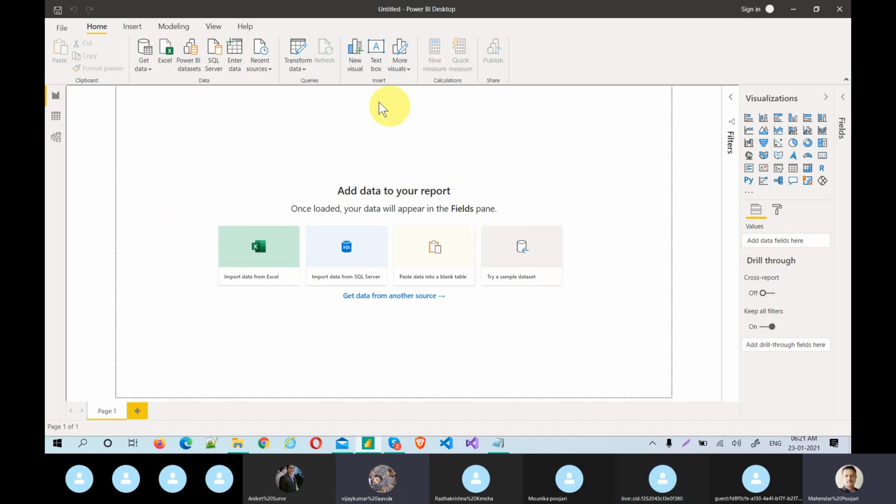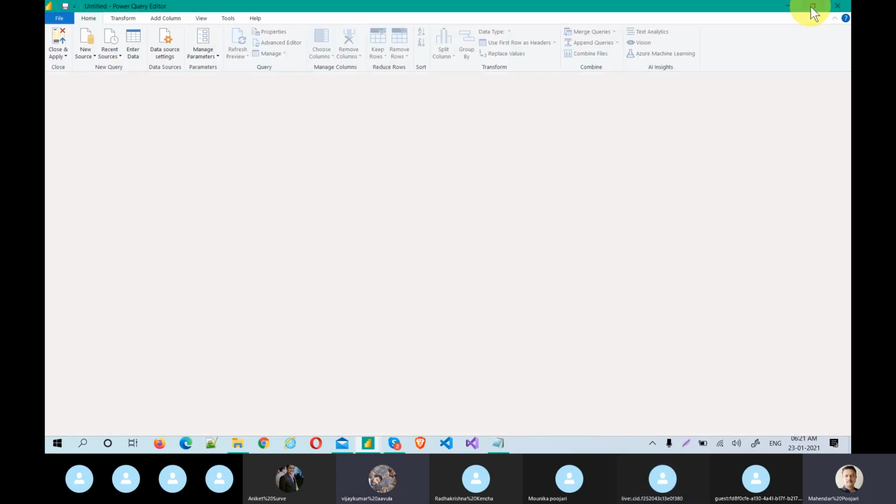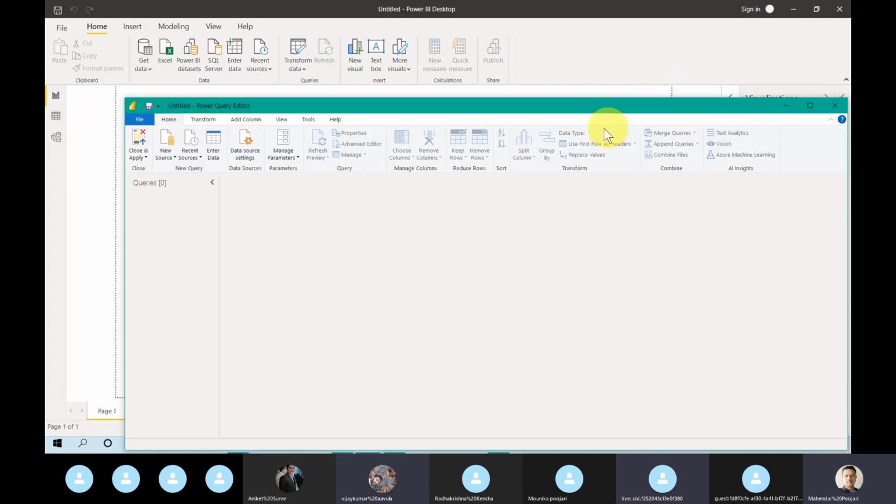To go to the query editor, we have the option Transform Data, and from there you can also get the data. This is the beauty. In any Microsoft tool, not only Power BI, to accomplish one task you can do it multiple ways. You agree?